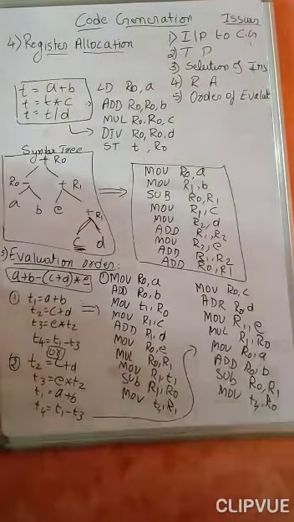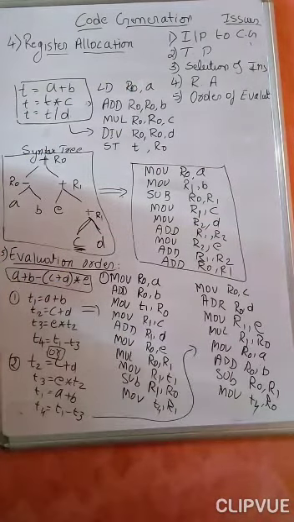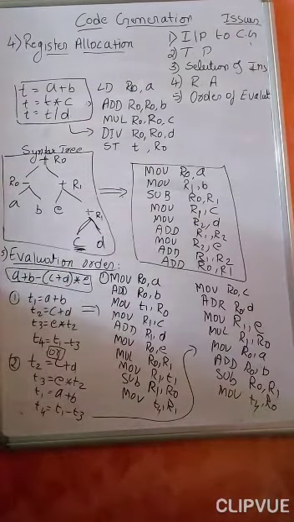Now let us consider the fifth issue, that is the order of evaluation, or evaluation order. That is also very much important. Now let us consider this particular expression or statement, and these are the 2 different ways you can write the 3-address code for the same expression. In the first one, first we are performing a plus b, then c plus d, and then multiplying with e, then we are subtracting, and the result will be stored in some temporary variable t4.